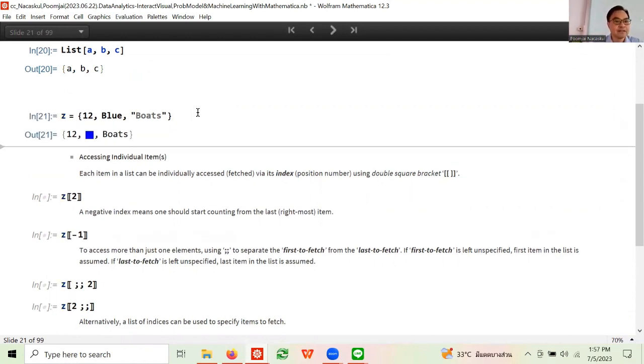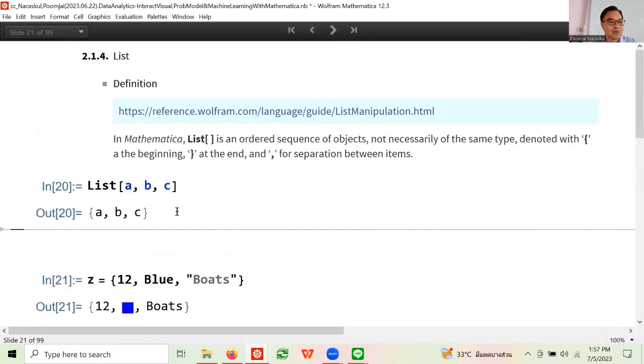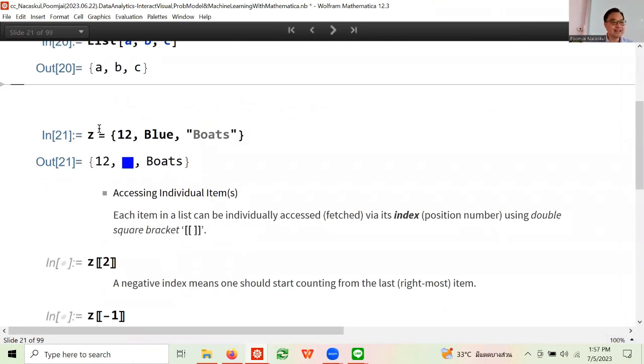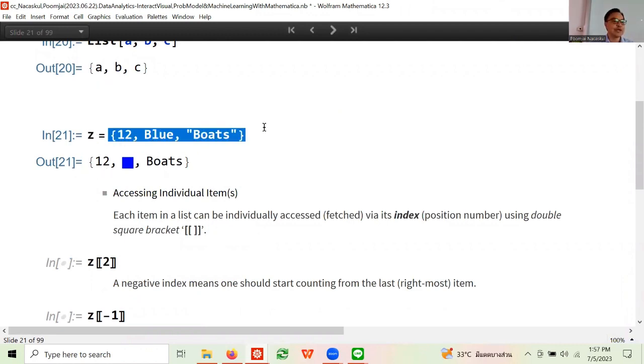Shift Enter. See that? The computer understands that Z is now assigned to three things. The first thing is the number 12, the second thing is the color blue, the third thing is the word birds.